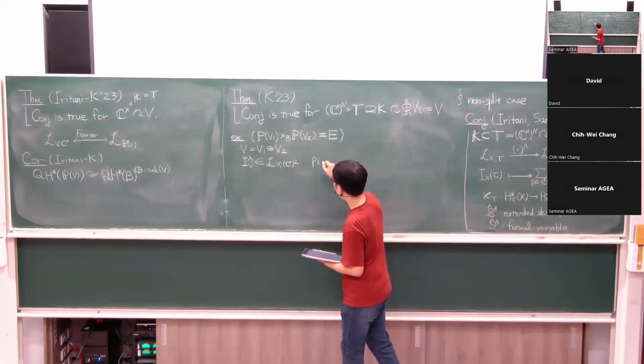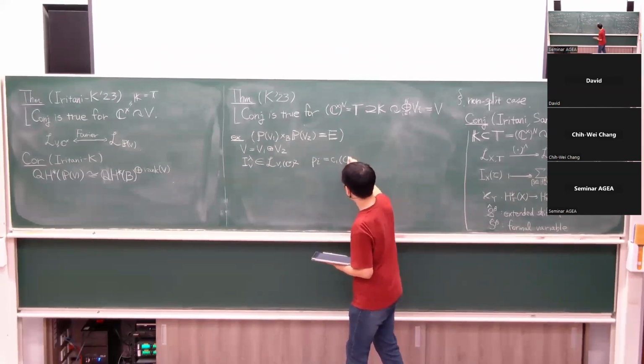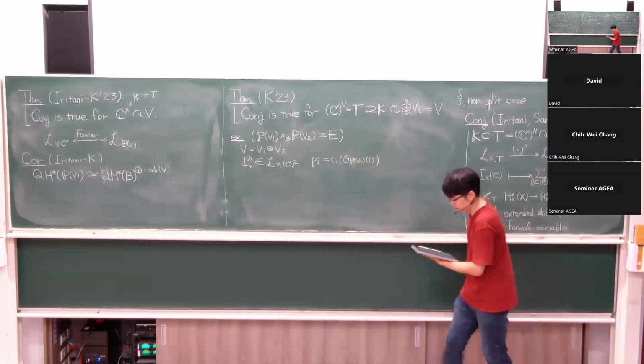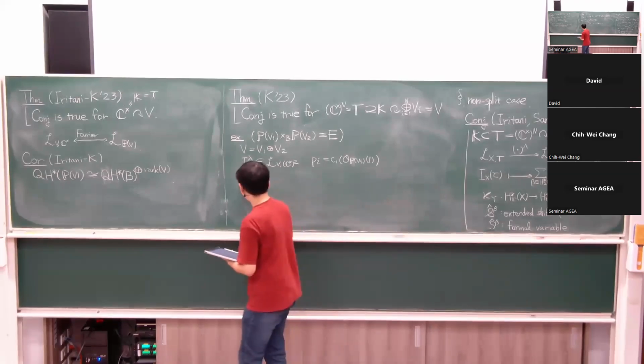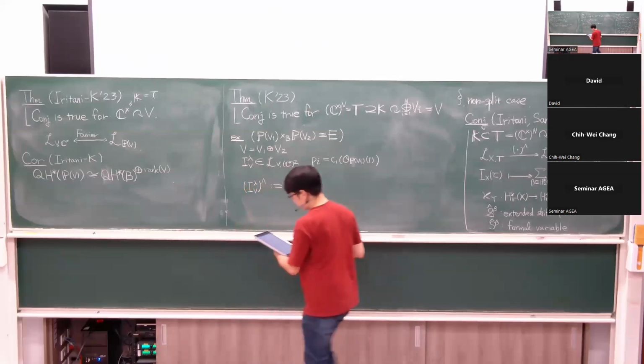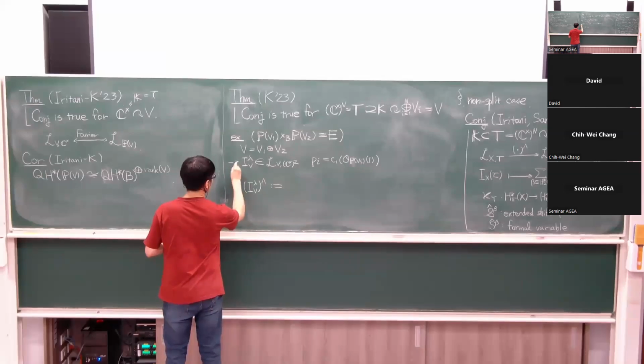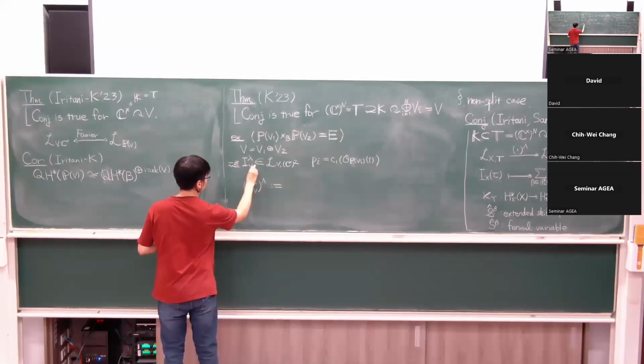We have the first number for each projective space. Then here we shift by minus 3 and